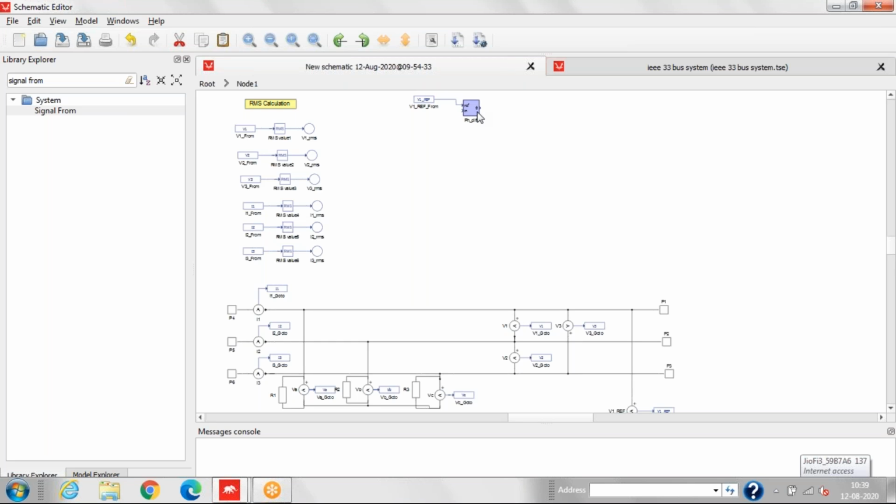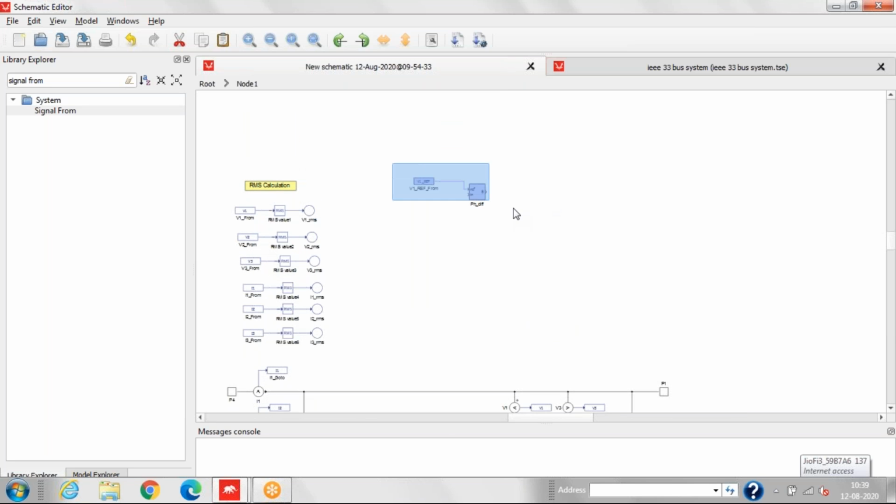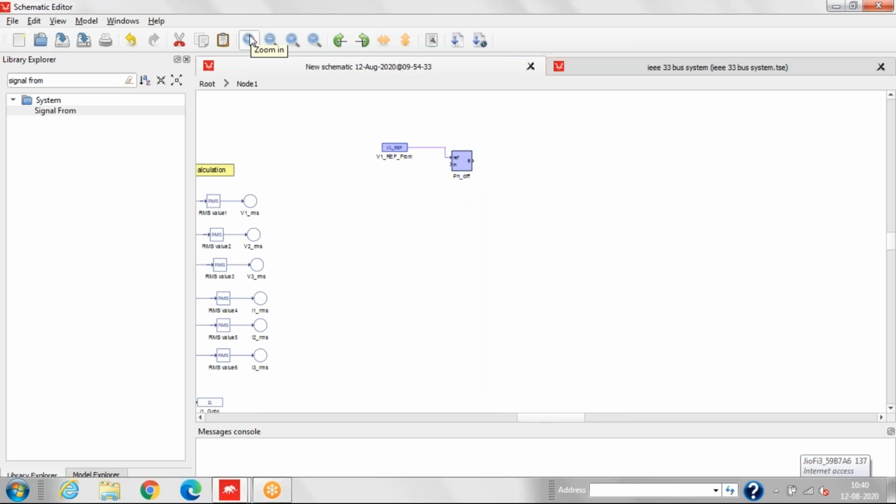Now we'll connect it. Now let me zoom it a little bit so that you can easily observe the signal.